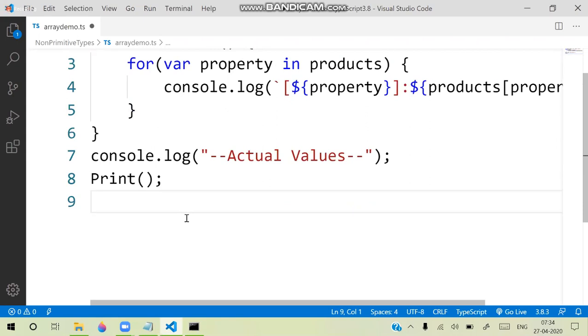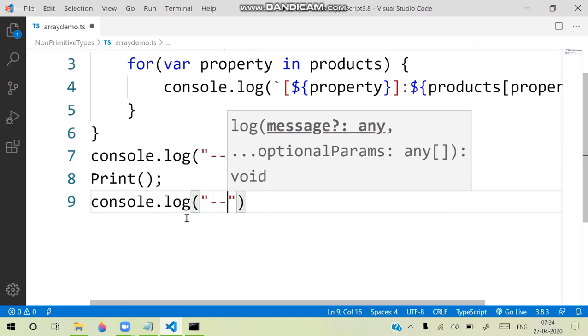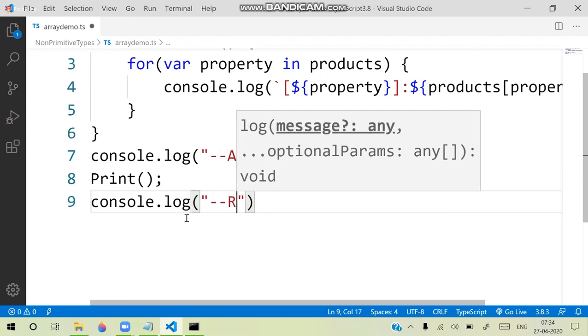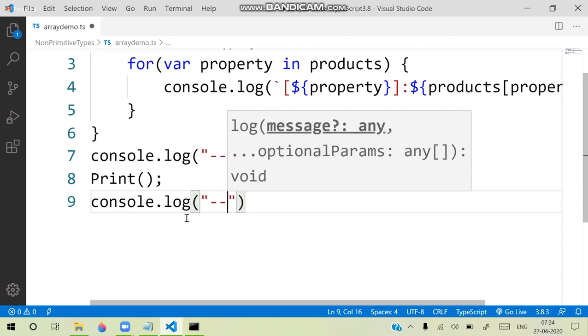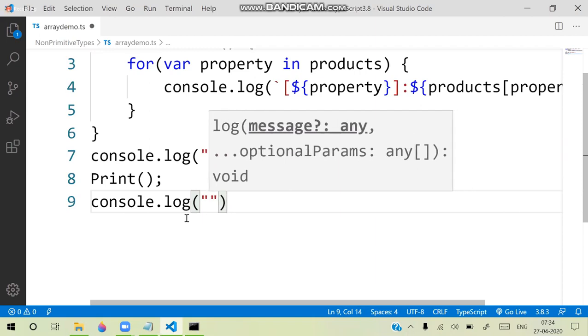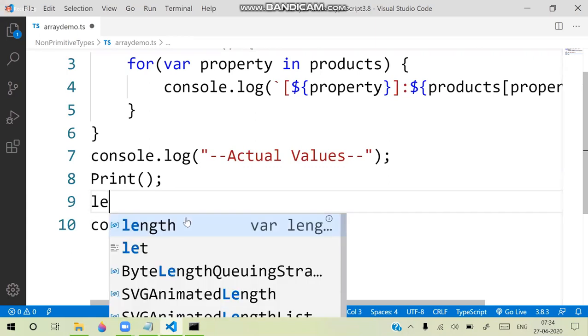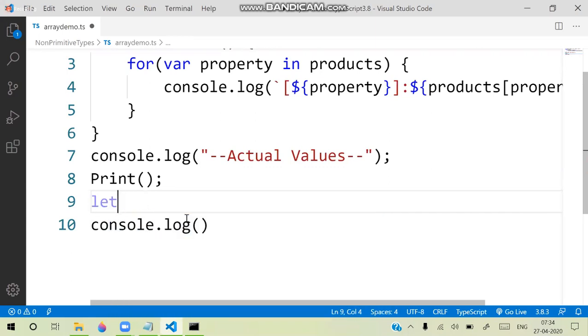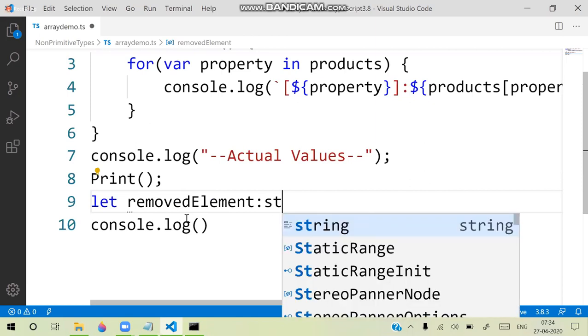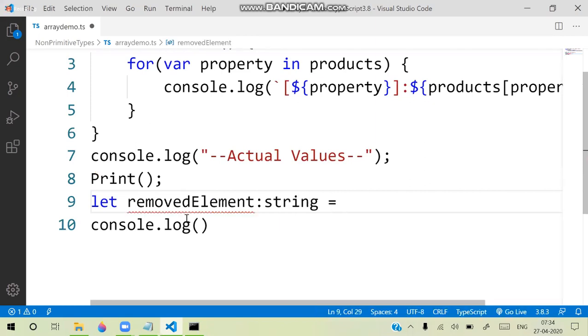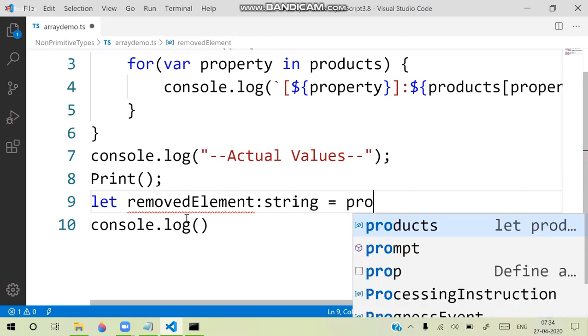After that, I will define console.log item removed. Then I will use an expression here. First we write let, the variable name is removedElement, and it is a string type, equal to the array name products dot